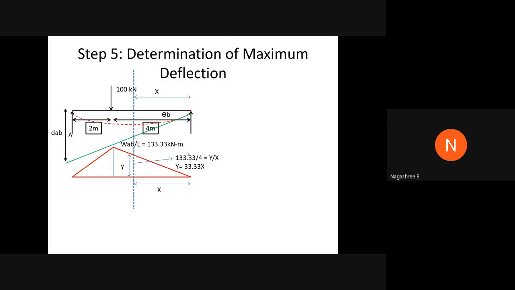The next very important step is the step wherein we are supposed to determine the maximum deflection. Remember, in order to determine the maximum deflection, you can't just straight away say it will be exactly below the loaded point. Why? Because this load is not exactly at the mid level, meaning it is not a center concentrated load, wherein it is equally distributed from both the supports. Only in that case can you say so.